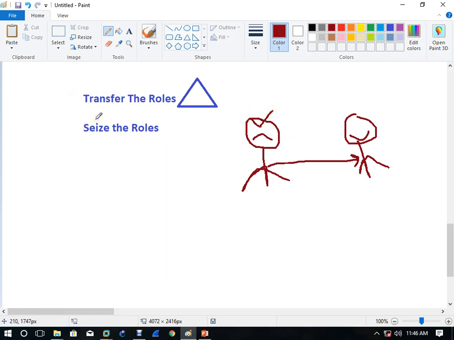That is, transferring the roles when the server was alive, and there was some kind of maintenance, or maybe you want to change the server. At that time you will transfer the roles manually from the DC to the ADC. But maybe, who knows about disasters? Something happened and the server has crashed.